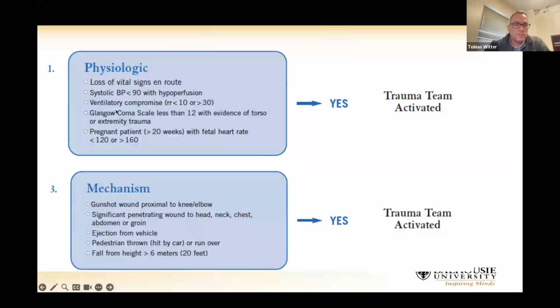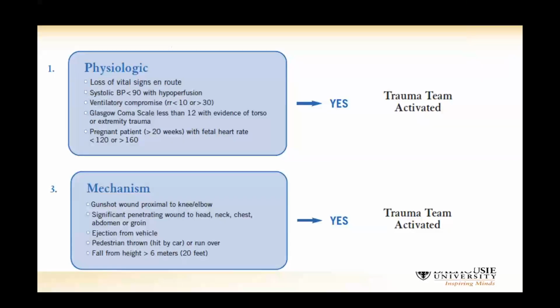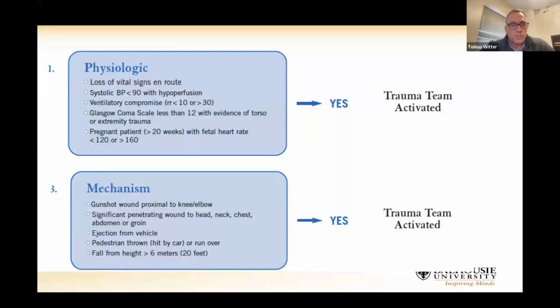In our patient, we at least have 2 activation factors available. We heard that his systolic blood pressure is a little bit low, so that would warrant an activation of the trauma team. But also, we have a mechanism. While it's not specifically listed here, we heard from the emergency physician and from the paramedics that the car was significantly deformed, the airbags were deployed, so we can assume that the patient has been exposed to a certain amount of force, and therefore we activate that trauma team. So 2 reasons in this case.